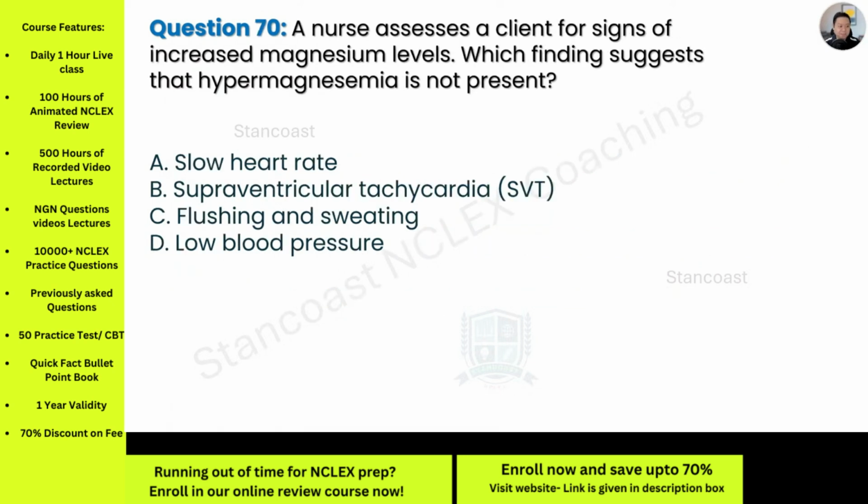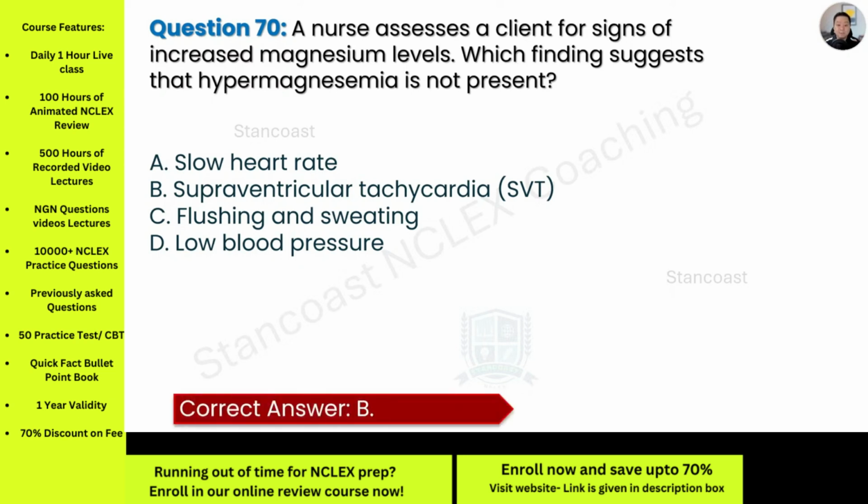Let's have number 70. A nurse assesses a client for signs of increased magnesium levels. Which finding suggests that hypermagnesemia is not present? A. Slow heart rate. B. Supraventricular tachycardia. C. Flushing and sweating. D. Low blood pressure. The answer is letter B, because SVT is typically associated with low magnesium levels, not high